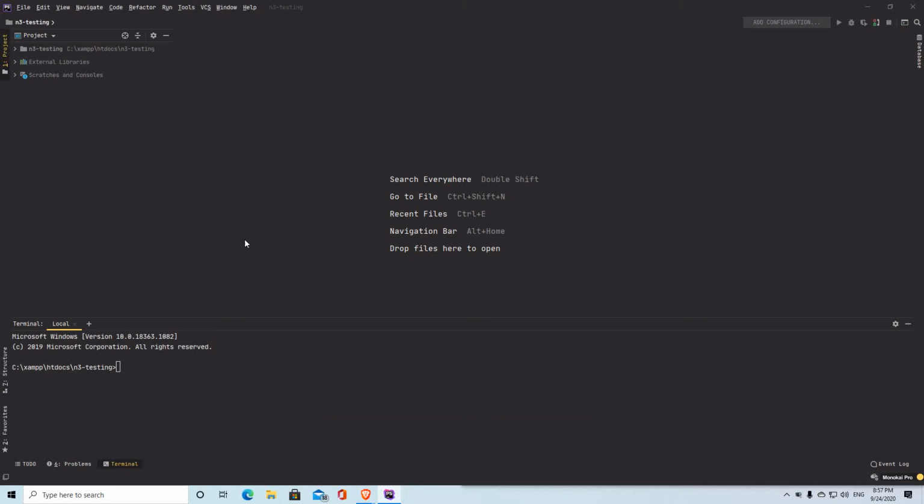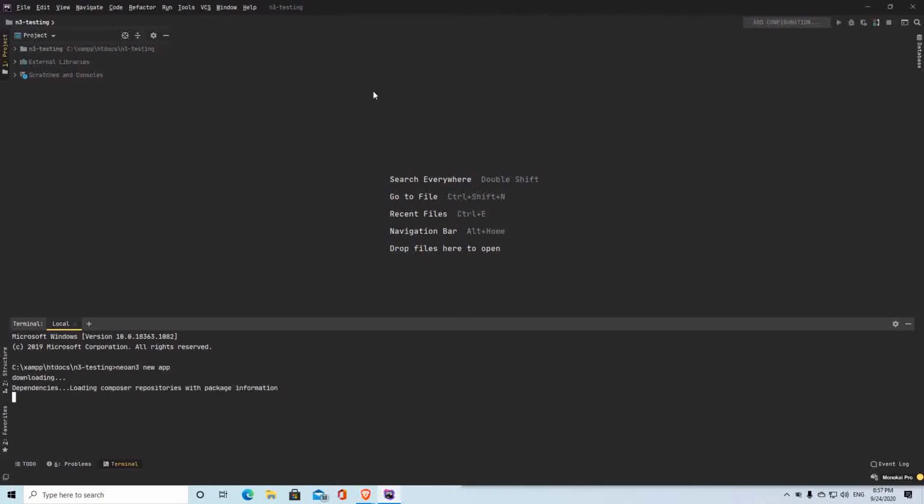Okay, so the first thing that we want to look at today is the testing capabilities. So how to basically unit test neoan3 components, and for that we are first of all going to actually start a new project here, right? So neoan3 new app, and while this is installing, let's think about why or what testing levels we basically want, right? So first will be the unit test,